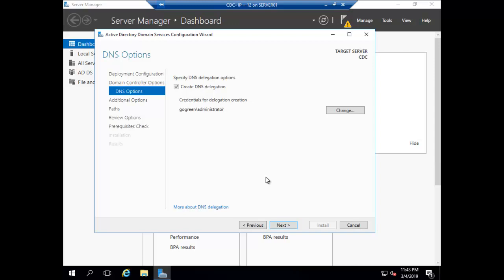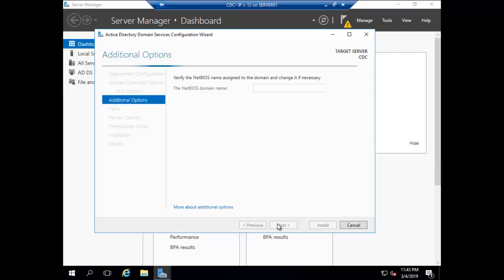So it is automatically checked, and let's click on next. It will identify the NetBIOS name. The NetBIOS name is audit, and the complete name will be audit.gogreen.com. So audit is a NetBIOS domain name. Let's click on next,